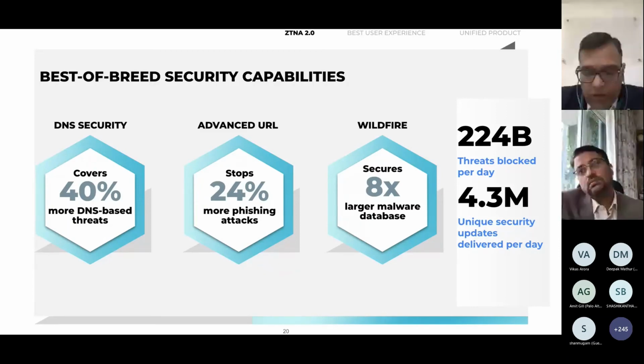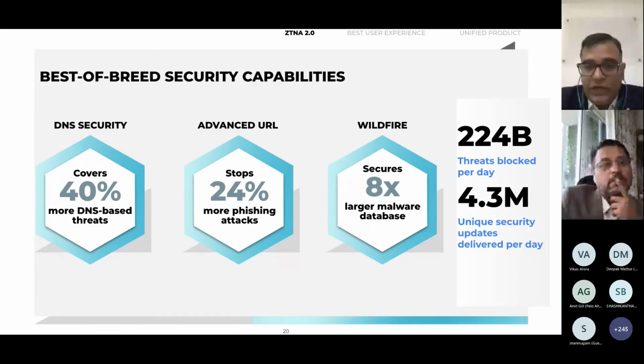So if it is a very broad known URL, or a malicious web attack, most of the commodity solutions will be able to identify it. But we use a lot of AI/ML in our advanced URL filtering, which is able to natively understand the behavior of these advanced threats, the web-based threats that are emerging,